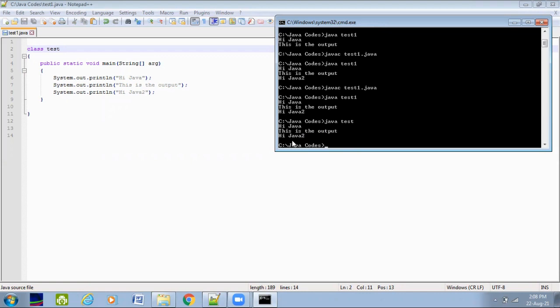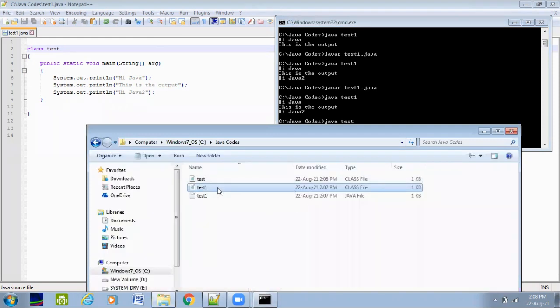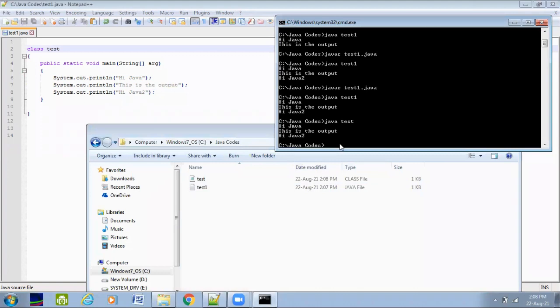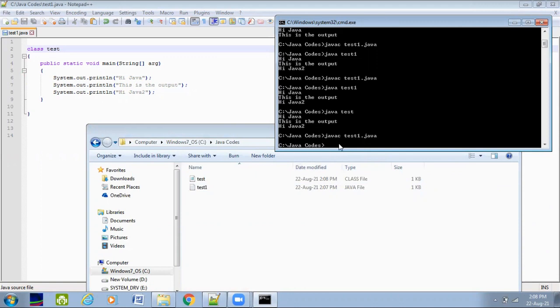So see, another thing which I saw, it's not creating an error. Let me take you to the file location because I already have this test1 class file. So at first, let me remove it. Okay, what will happen? I'll recompile it, javac test1.java. I have converted using the source code test1. And now I'll invoke java. See, if I try to invoke this class file, still there's no new class file. So let me just write java test1 as we did in previous cases.